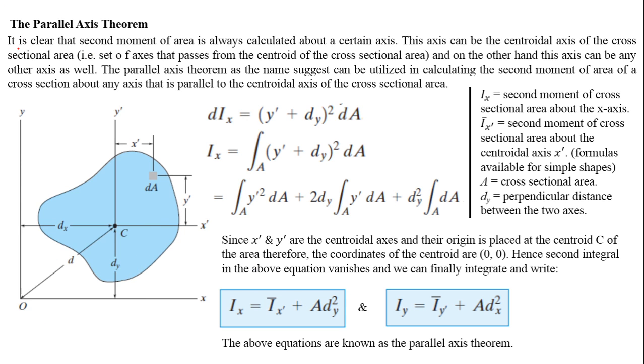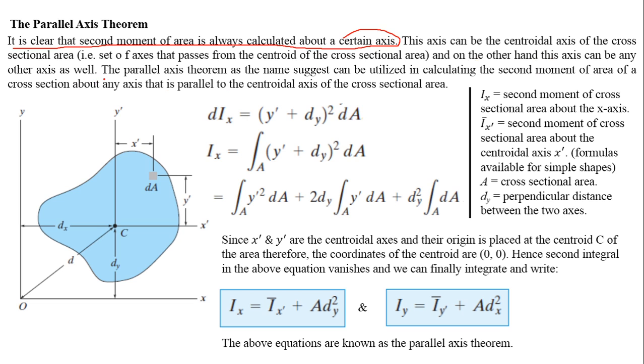So as I mentioned in the previous slide, it is clear that the second moment of area, which represents the ability of a cross section to resist bending about a given axis, is calculated about a certain axis. Now this axis can be the centroidal axis of the cross sectional area, that is the set of axes that passes through the centroid of the cross sectional area, and on the other hand, this axis can be any other